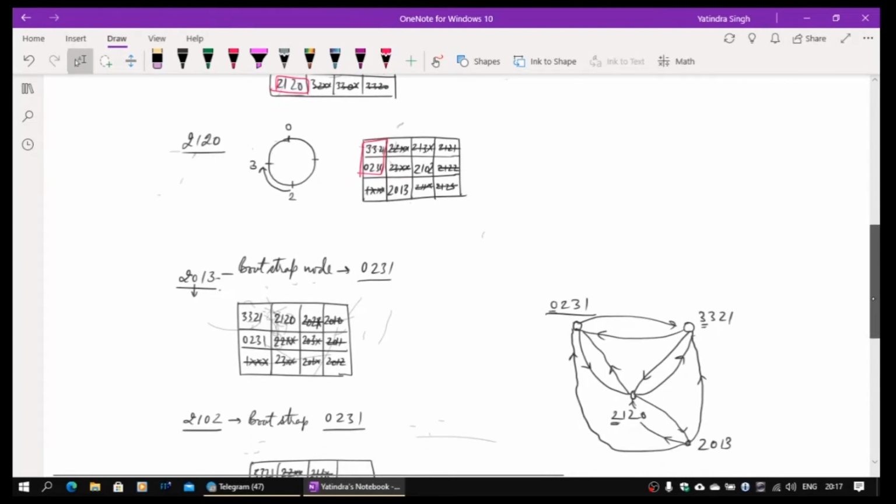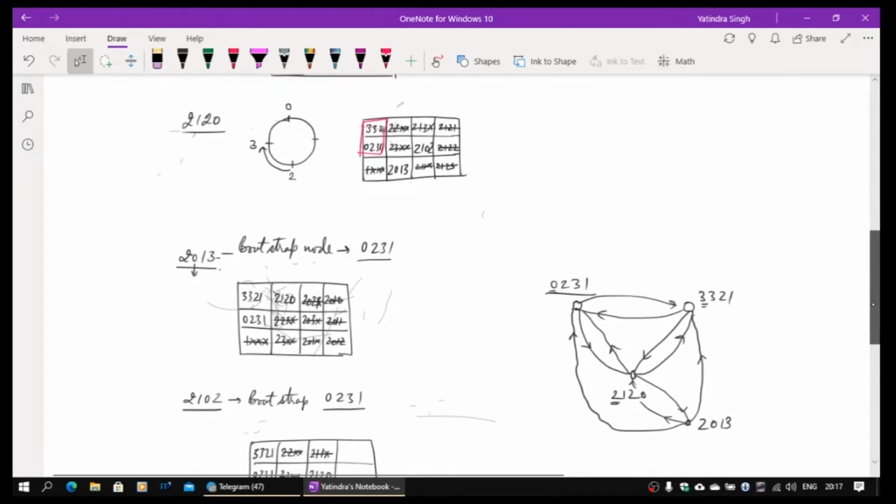So 2120 gets updated, this also gets updated, but 2120 will now become the root node for 2102. Okay, that's the only node, because 2102 is the new entry being created. When it was not there, the search would have ended here itself. Okay, in the third column it would have come and there is nobody, so 2120 is the root node. So that's the update which has happened.